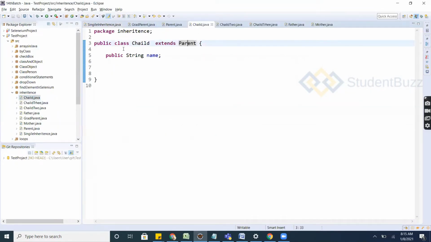You are creating classes using the class keyword, and you extend them to a parent or grandparent, whatever it may be. The features of the parent class come into this child class. It is inheriting the features of the parent, and you are able to use them. So that is called inheritance. When you want to have this